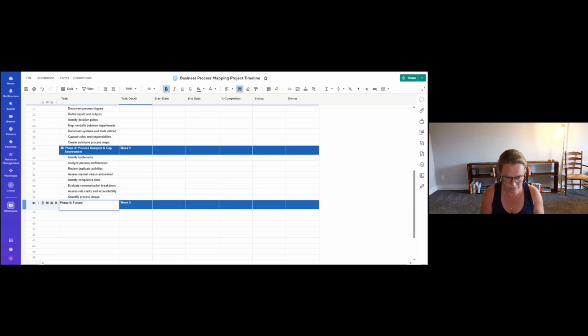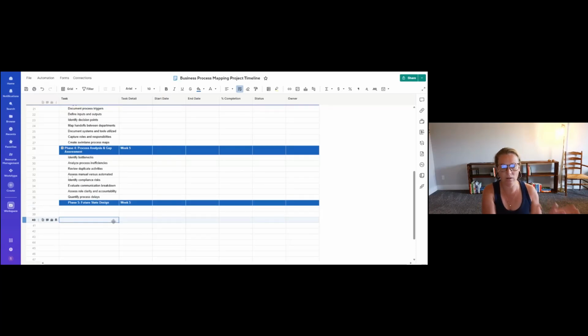So this is future state design. This is the exciting part of saying what is not working well, but what does it look like and what you want it to look like. So this is about a 2-week process. So that will be weeks 6 and 7. And we are going to be talking about different tasks. So we're going to look at redesigning